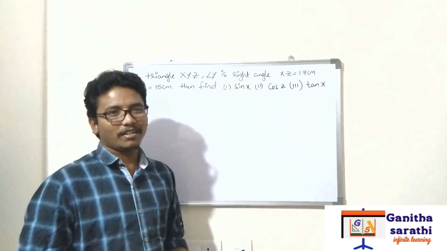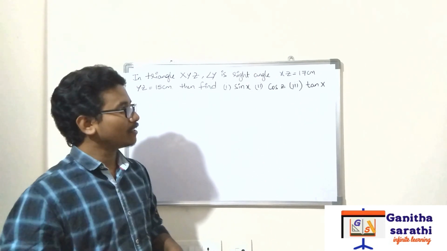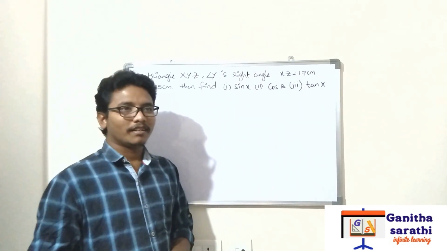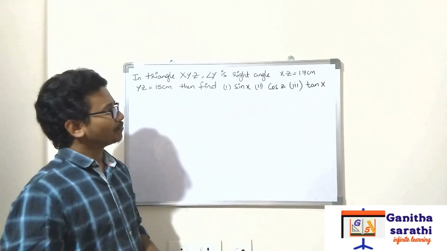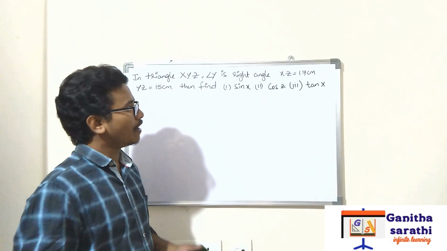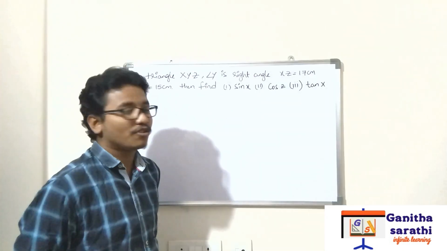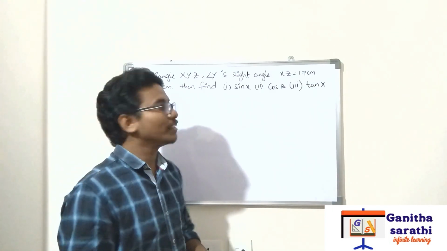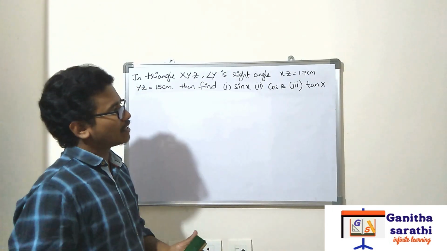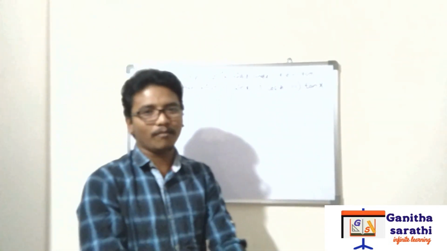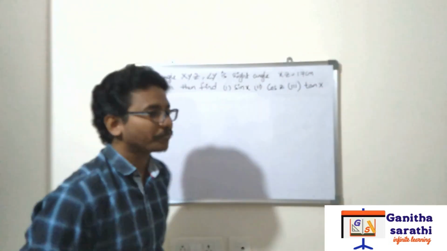So, yesterday we discussed one topic, right, about definitions of trigonometric ratios. Now, we will see two more examples to find how the trigonometric ratios work. After that, we will move on to the angles, right? So, now let us see the problem. Just one or two examples I will explain, and I will move on to the next topic.